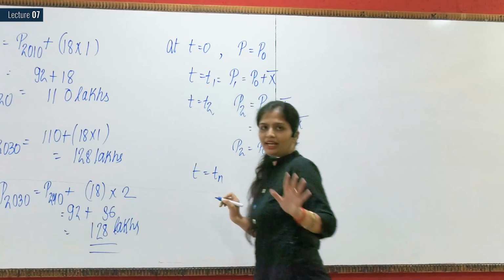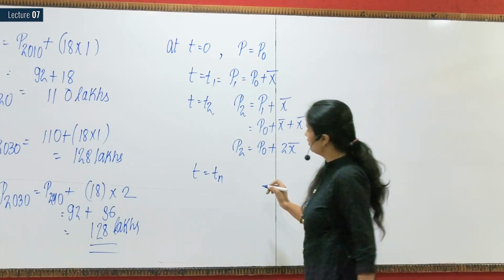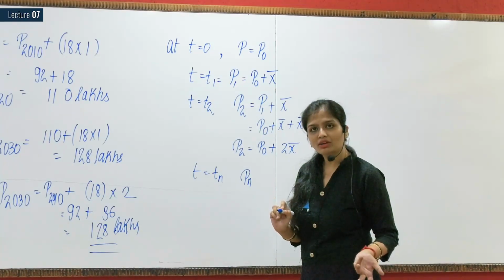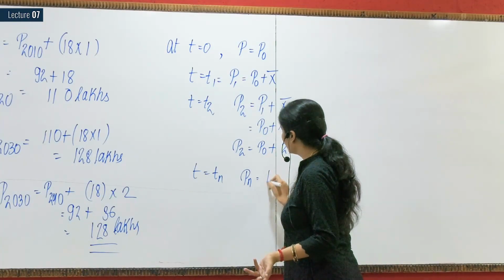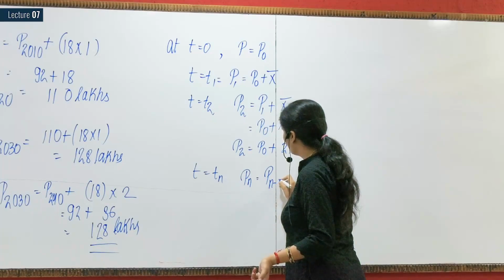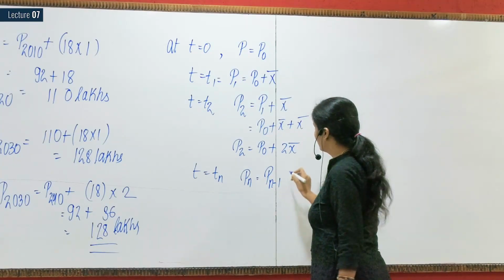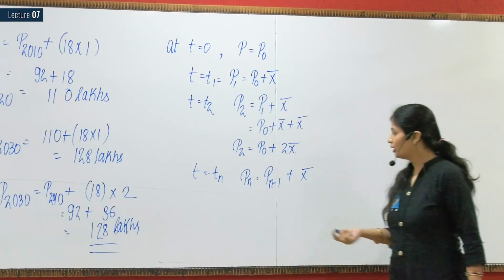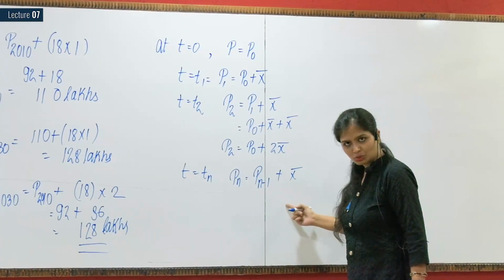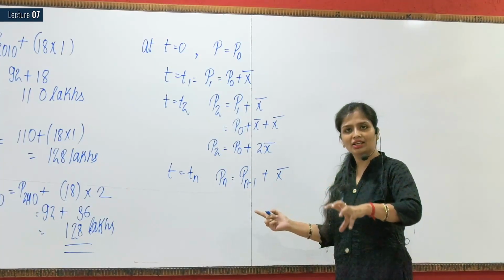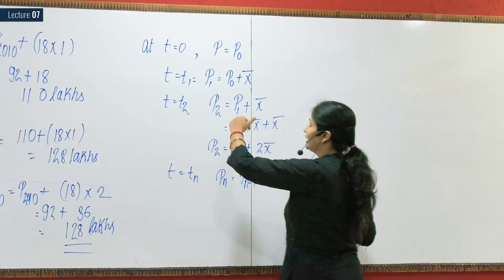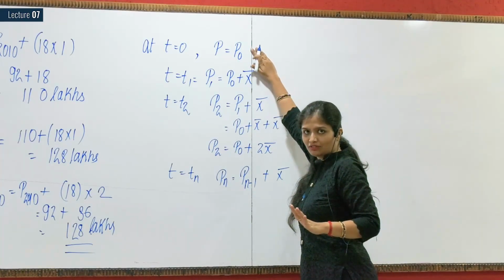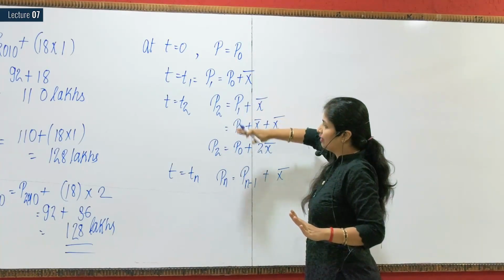Now for tn times I want to calculate. So what will be the population? Population will be Pn. And how can I calculate Pn? I would be knowing the initial population, that is Pn minus 1, and I will just add X bar to it so that I can get Pn. Now, in place of Pn minus 1, I have to write in the manner so that I can get the P naught. Fine. This was the last value which I was knowing, and based on that I am calculating these values.